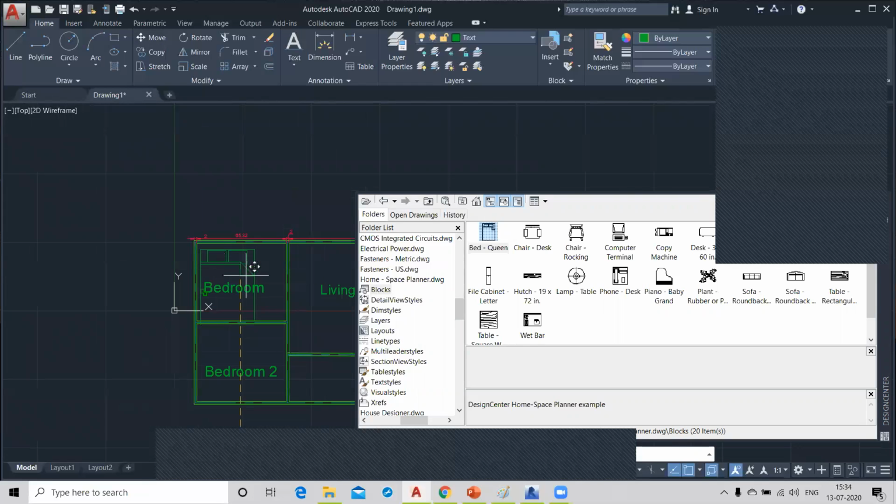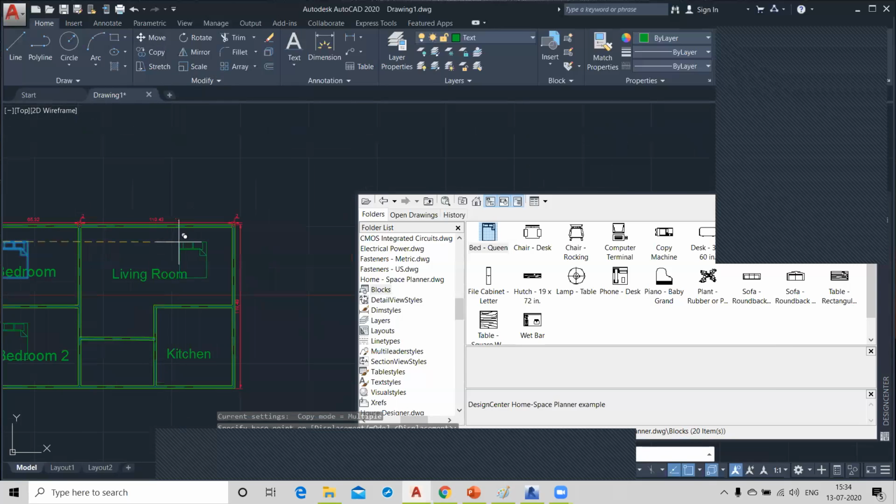So you can place your furniture like this. Now this is your bed. Like this you can place your furniture from here and here also.